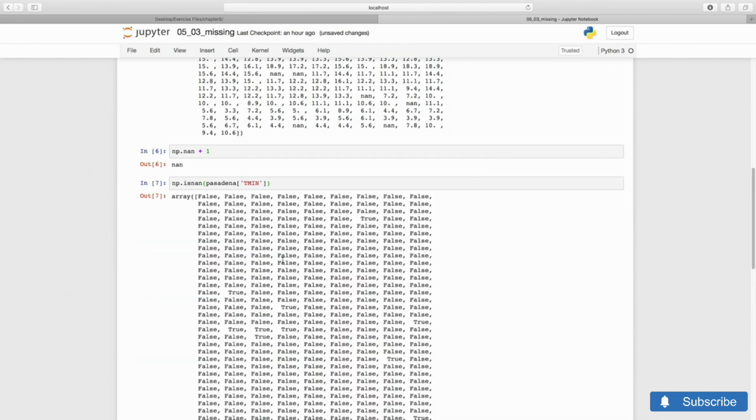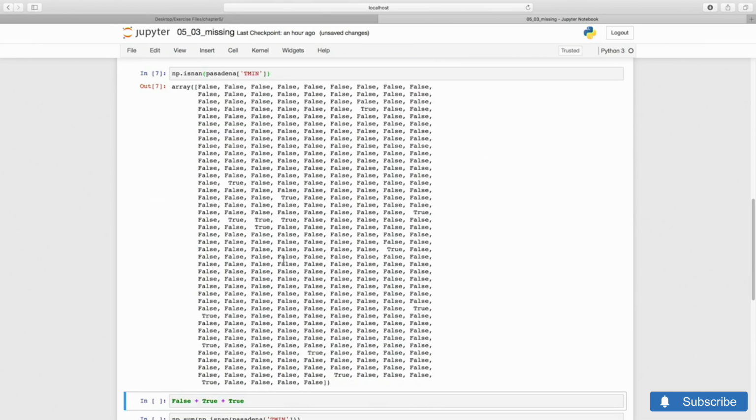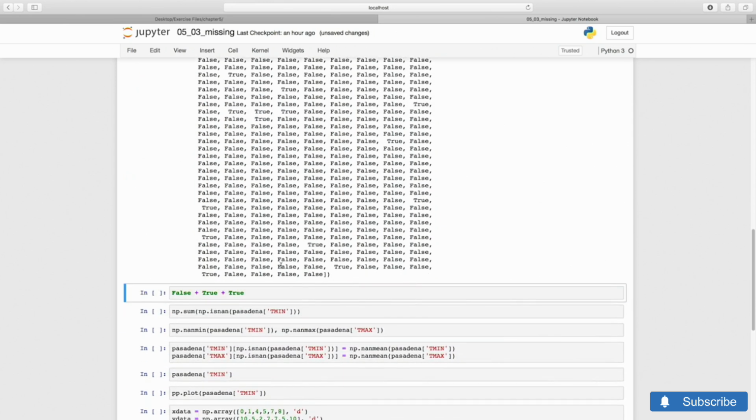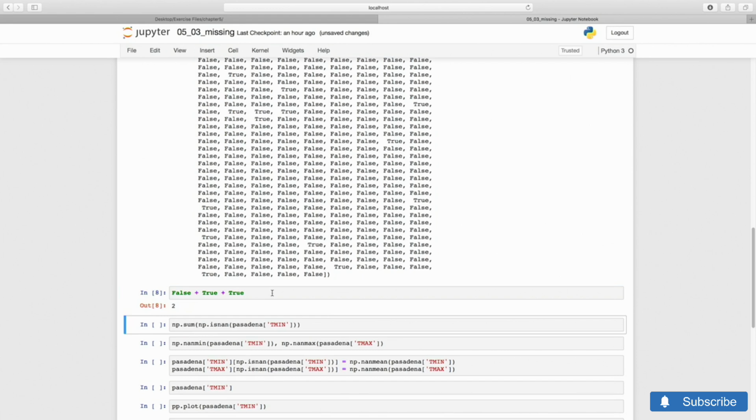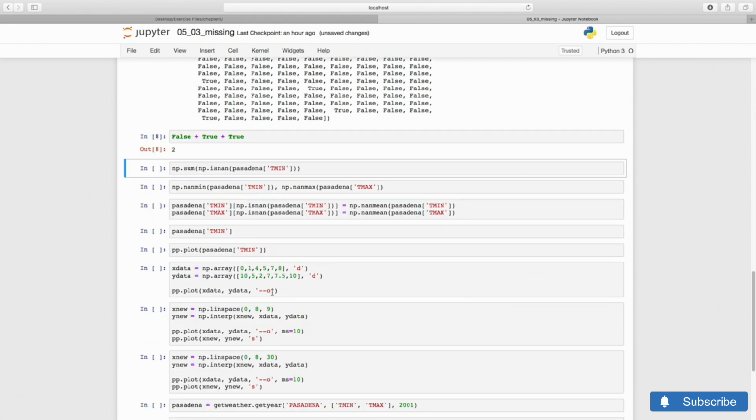creates a Boolean array of nanness, so to speak. We can then count the instances of true in this array by using a neat trick. If we do arithmetics with booleans in Python, they are converted to integers, with false counting as 0 and true as 1. So for instance, false plus true is 1. It follows that we can count the trues in a Boolean array just by summing it up with NumPy sum.